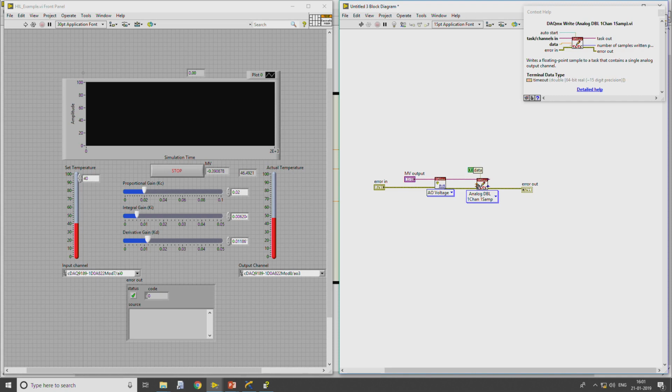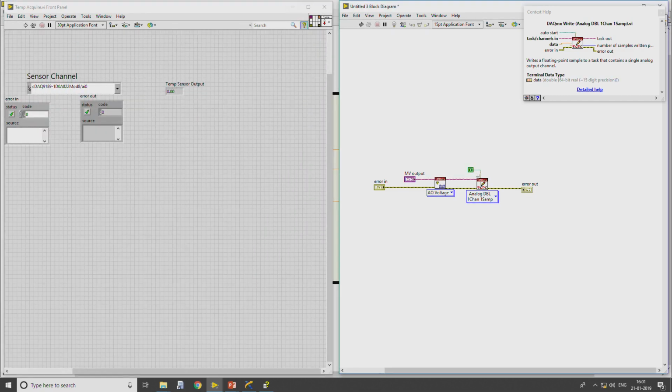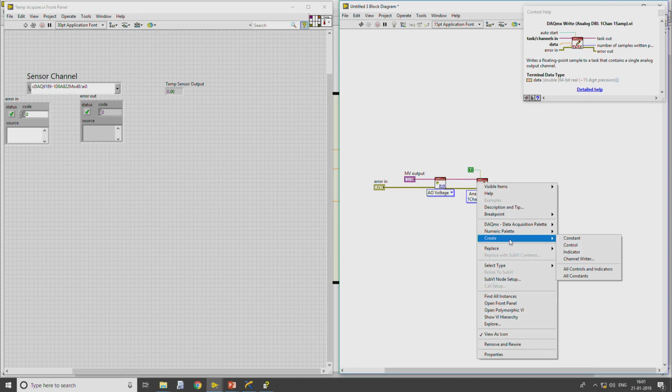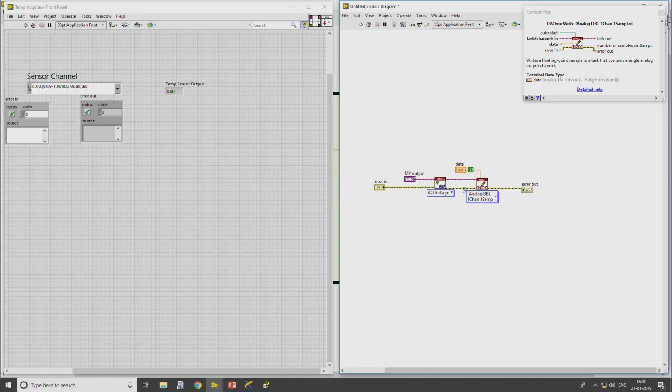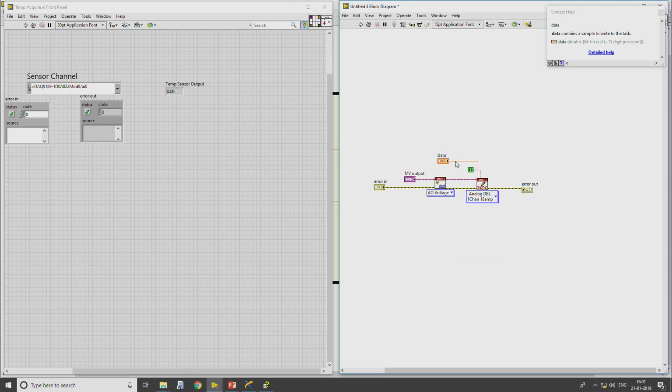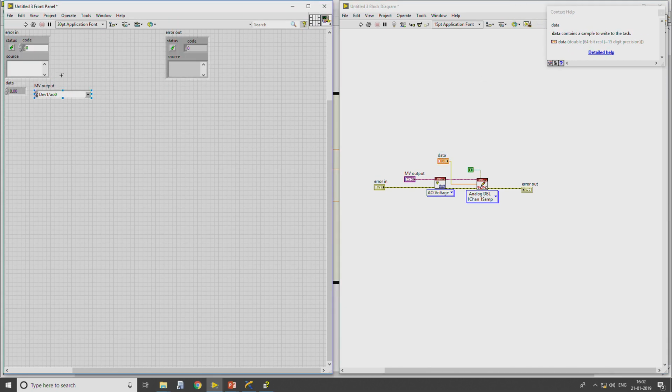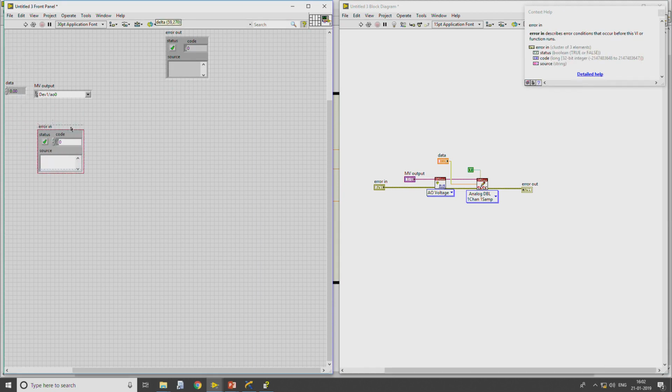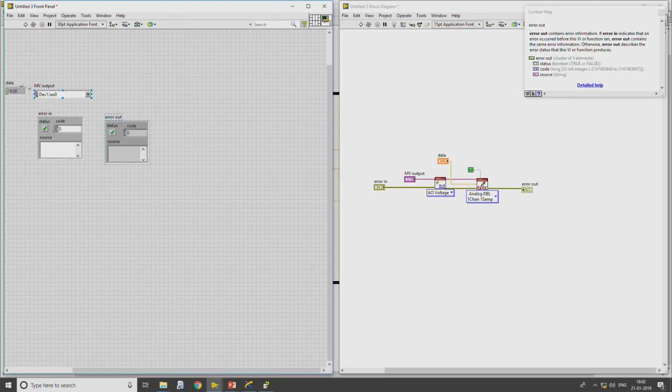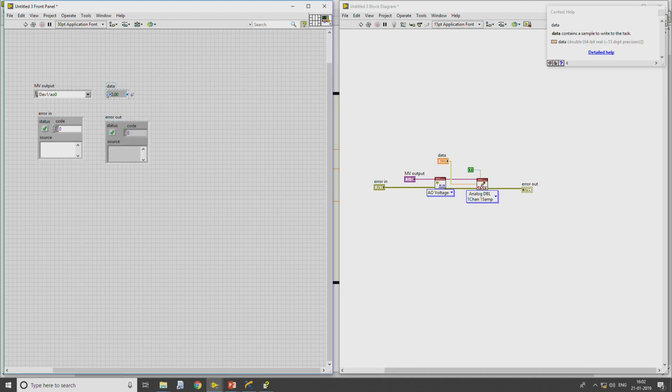data. So, I have to write the data. So, what I will do is that I will create a control. Whatever data I pass at this particular block, the same will be generated at the AO terminal, which we have specified here in the USB DAQ. Let me rearrange. So, this is output data.